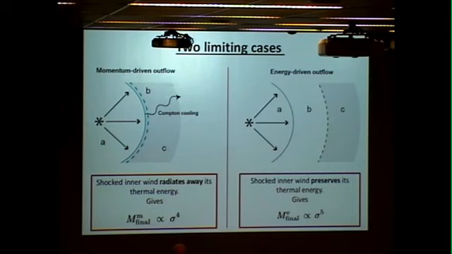In the other picture, which I'll be talking more about, which was developed a lot by Andrew King, the coupling between the energy and the momentum of the AGN is hydrodynamical. In this case, you need to invoke a very fast inner outflow. This tends to be almost relativistic, about 10% of the speed of light. And because it's extremely supersonic, what happens is that you form the so-called reverse shock. And then how you drive an outflow depends on what happens to the